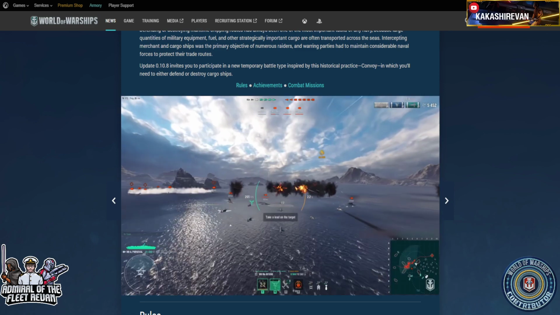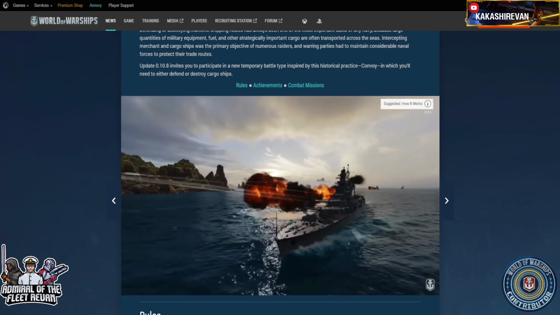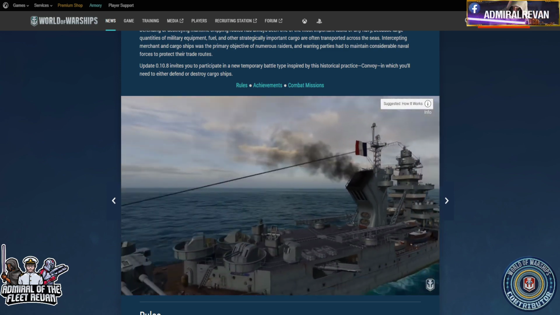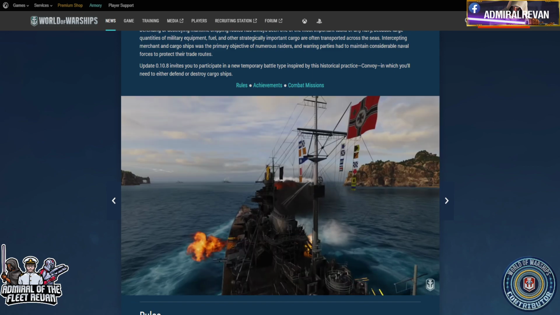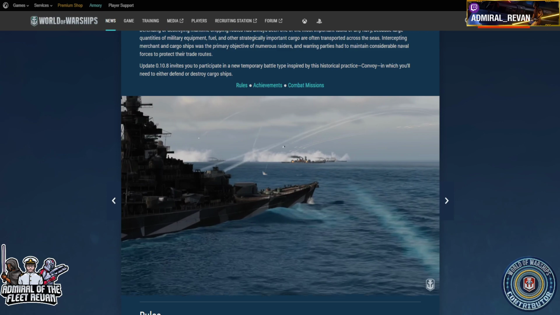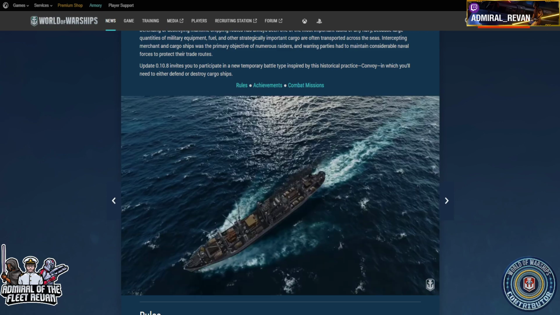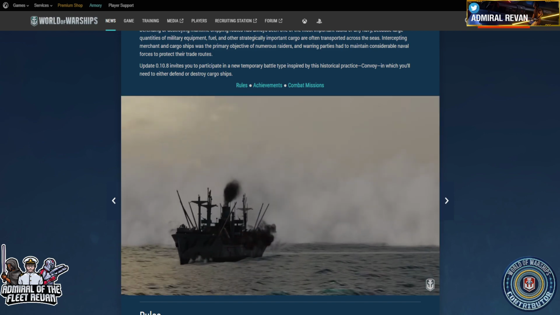Defenders, on the other hand, will have the tough job of trying to escort and defend the convoy ships by going through a certain route. Defenders will have to find a way to reposition their ships to be close to the convoy or at a distance and actually take care of the enemy as they can. The trouble is that this time round in